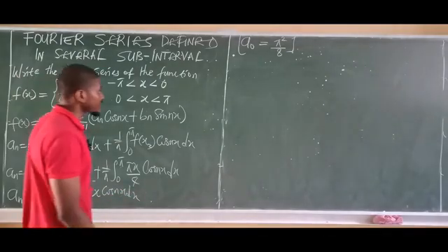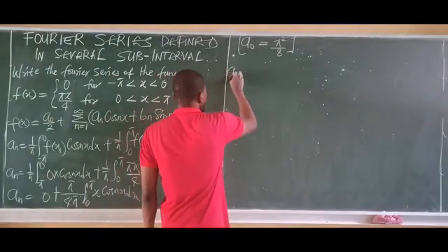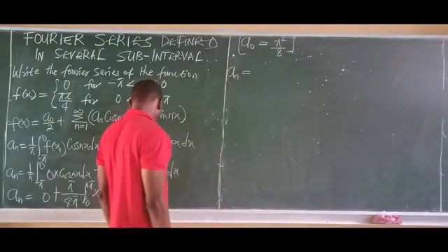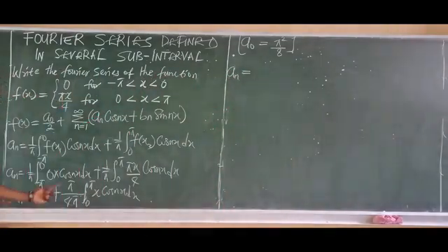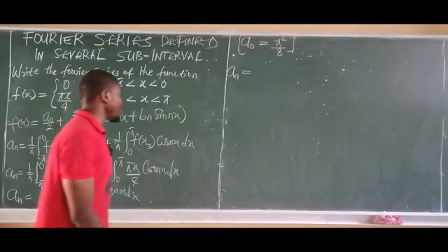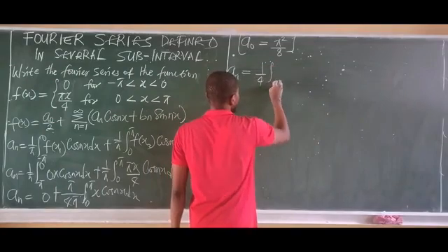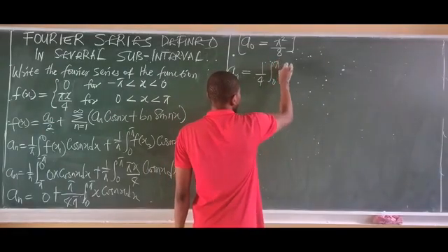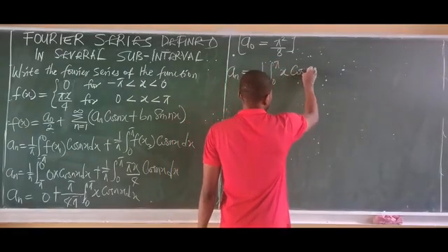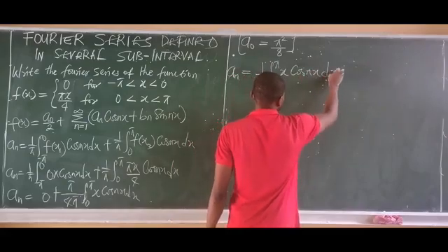So this means that an is actually, of course, 0 is off, pi goes into pi here, I'm left with 1 over 4, 1 all over 4 integral from 0 to pi x cos nx multiplied by